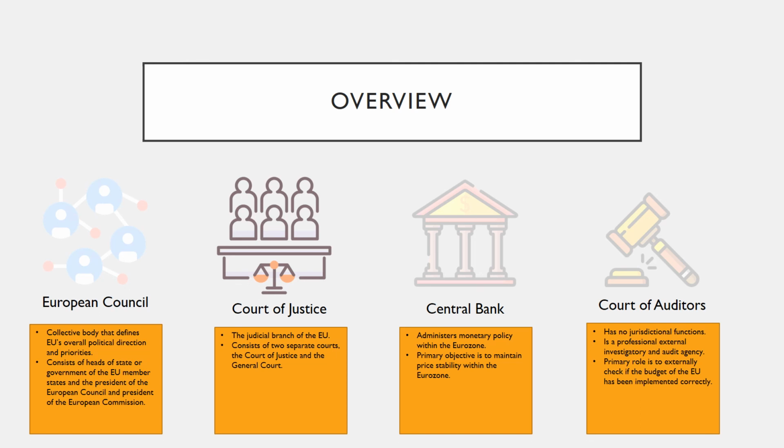The Court of Justice is the judicial branch of the European Union. The Court of Justice of the European Union, CJEU, interprets EU law to make sure it is applied in the same way in all EU countries, and settles legal disputes between national governments and EU institutions. It can also, in certain circumstances, be used by individuals, companies or organizations to take action against an EU institution, if they feel it has somehow infringed their rights.